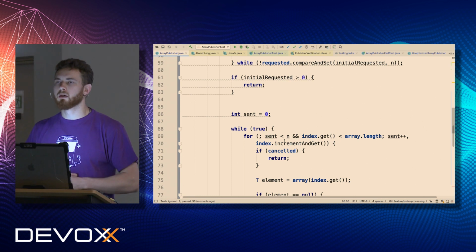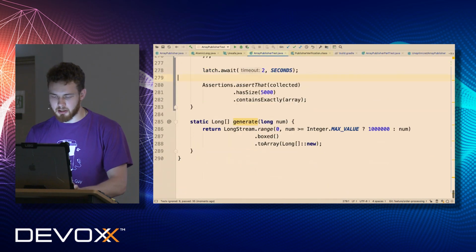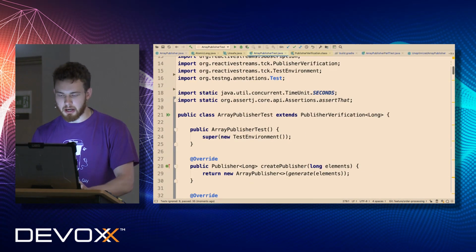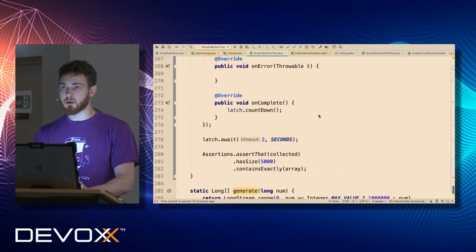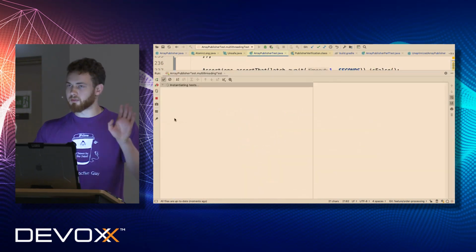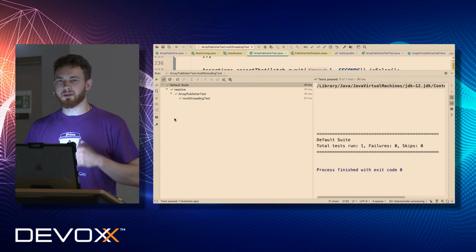We have an additional parallel test. Yeah, we still have it. I'm running this test at the same time. So by running the whole test suite, I'm running the tests from TCK along with the rest, so I have all of them. I can rerun it to make sure that it's proper. Yeah, all good?